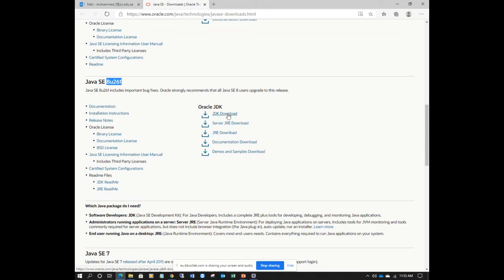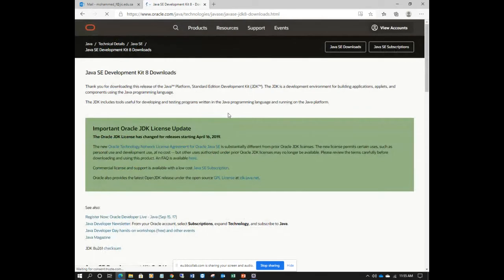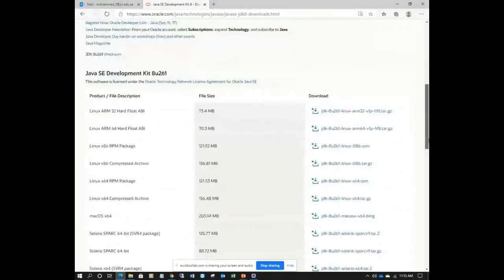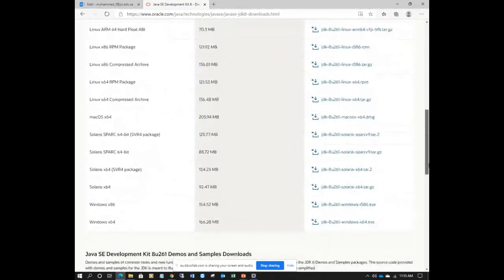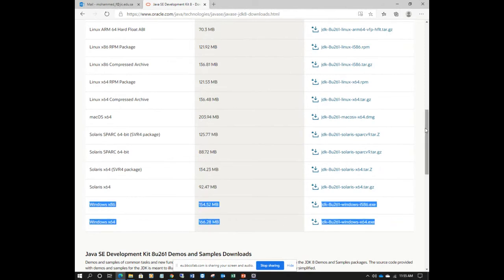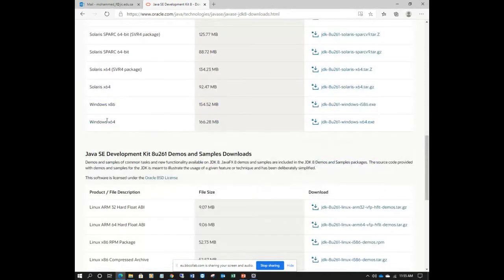So let's download the JDK. Just scroll down, and you have various versions for different operating systems: Mac, Linux, Solaris and Windows. For Windows we have two versions, the first one is 32-bit and the other is 64-bit. Which one is suited for you?